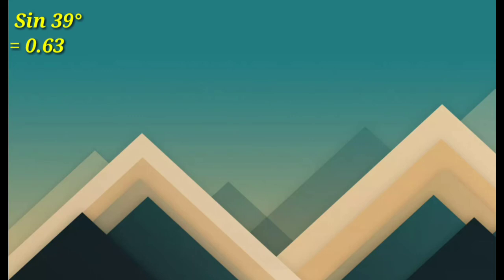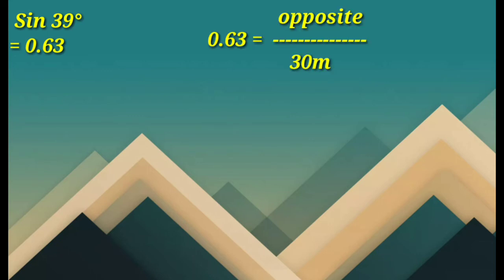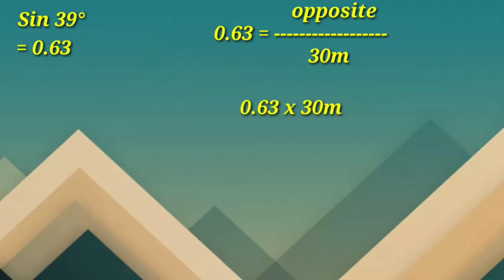So let us proceed to the operation. 0.63 is equal to opposite over 30 meters. So 0.63 is multiplied by 30 meters. 0.63 times 30 is equal to 18.9. So, the value of x, or the opposite, is equal to